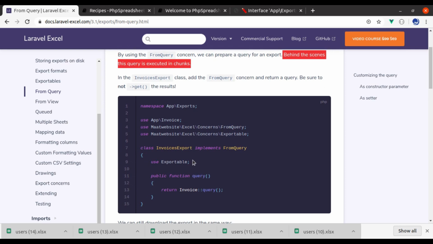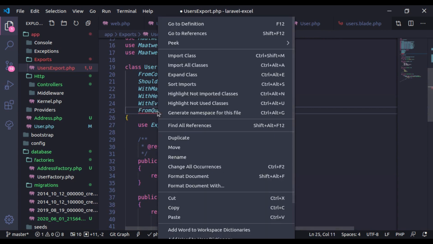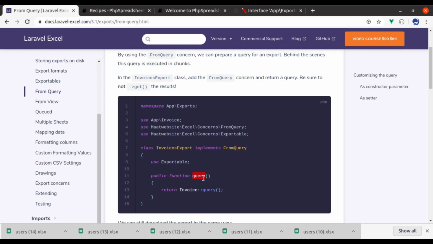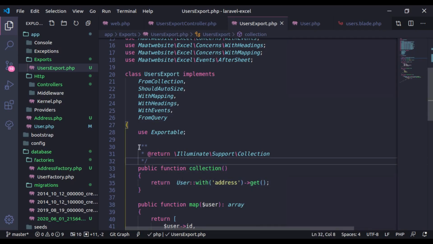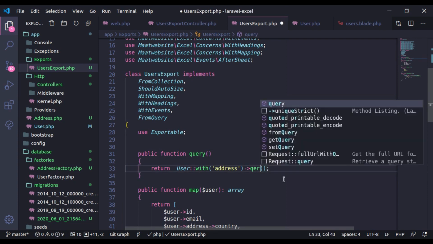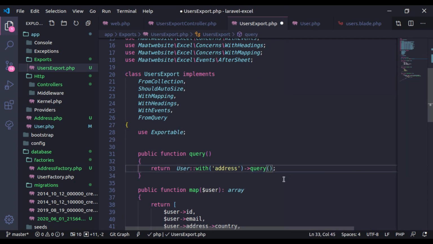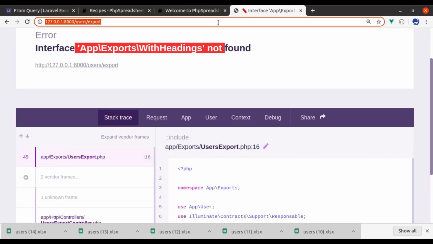So to try this we have to implement this FromQuery. Here we implement FromQuery. Let's import this, and next we need this query method. So here we don't need this collection method, instead we need this query method. Let's remove this, and it will return query. And now if we go to browser, hit enter,